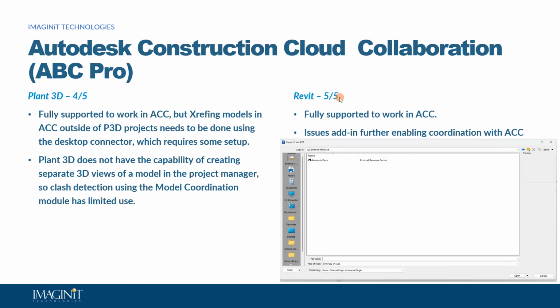For Revit, we gave it a 5 out of 5. It's fully supported to work in ACC. There's an Issues add-in to further enable coordination with ACC. It's an add-in published by Autodesk, and then you can see issues, which is a feature of ACC, and you can see the issue stamps inside of your Revit model. This image over here is showing